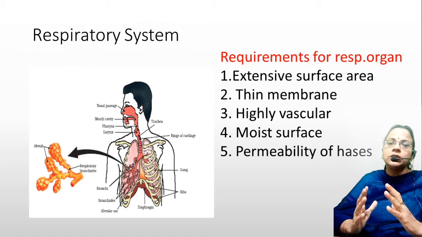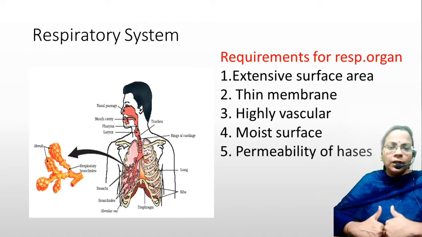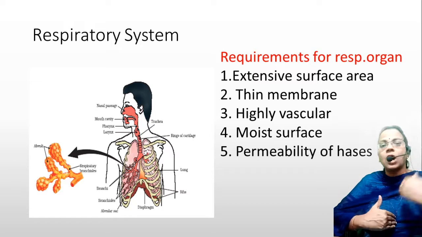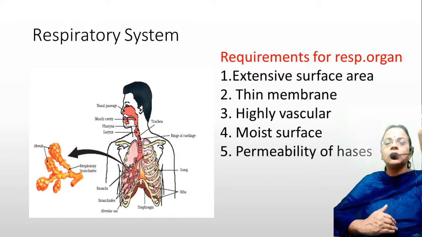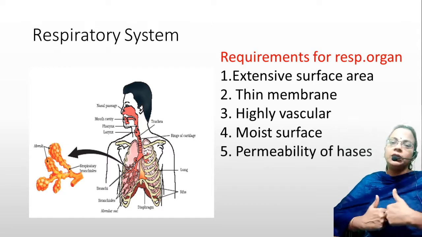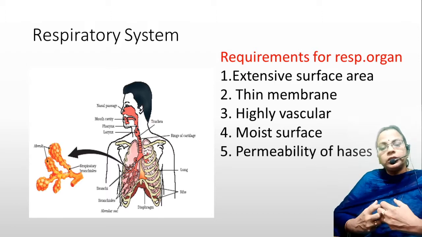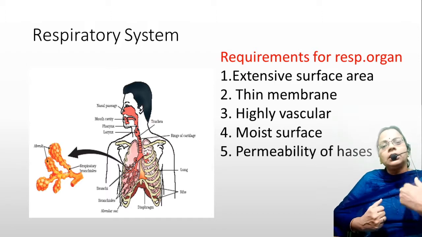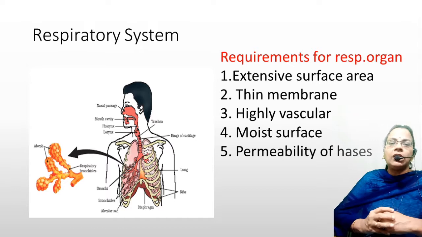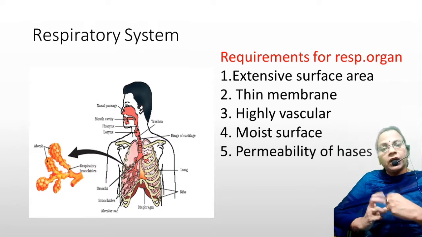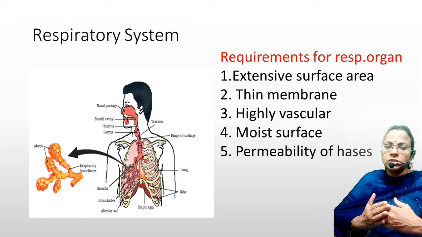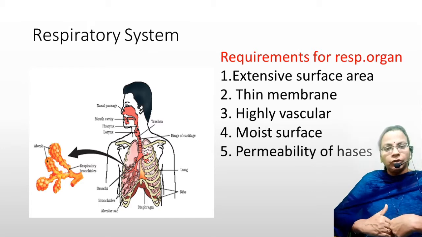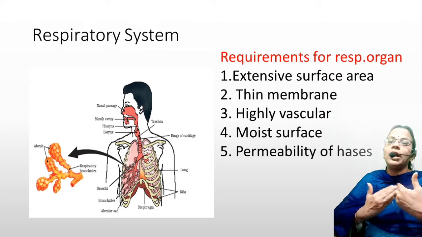When the volume is increasing, automatically the pressure inside the lungs will decrease. When the pressure is decreasing, outside the pressure is more, atmospheric air. So where there is more pressure, the oxygen rich air will enter through the nostrils to the nasal cavity, then it will fill the lungs. When the lungs are filled with more oxygen rich air, the capillaries surrounding the alveolus will carry more carbon dioxide. So there the exchange will take place, because in the lungs there is more oxygen and in the capillary less oxygen. So oxygen will enter into the blood.